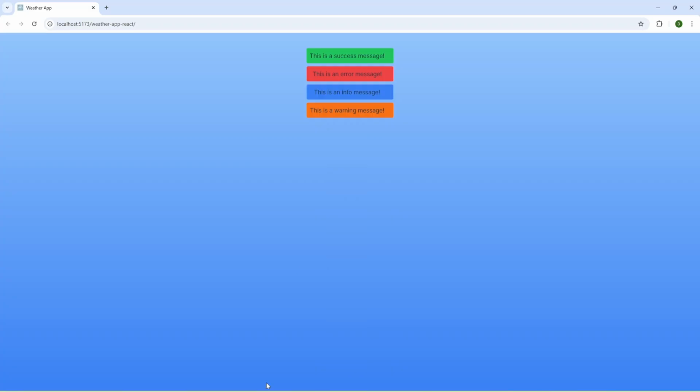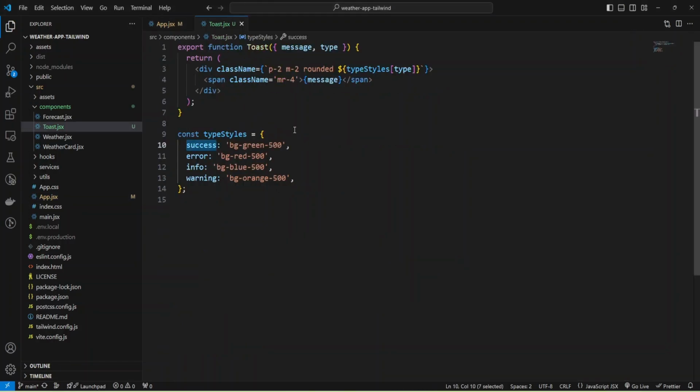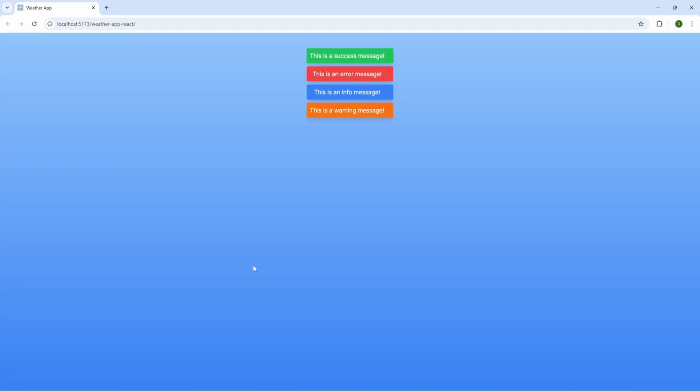Let's check. Okay, we have our messages, and let's add more styles to them. Inside this component, I'm going to add text white, and also let's add shadow. Shadow will be large. Okay, and we have white text.